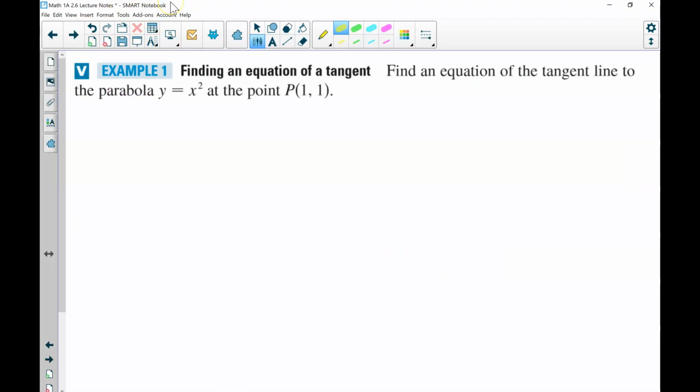Okay, so the first thing we want to do is go through example number 1. And what we want to do is find an equation of a tangent line. We're going to find an equation of the tangent line to the parabola y equals x squared at the point (1, 1). Okay, so the first thing we need to take a look at here is